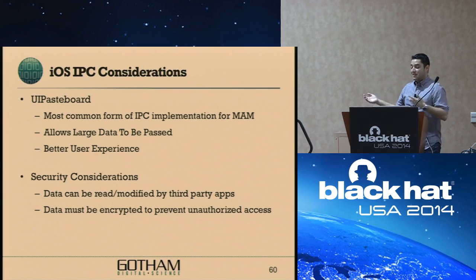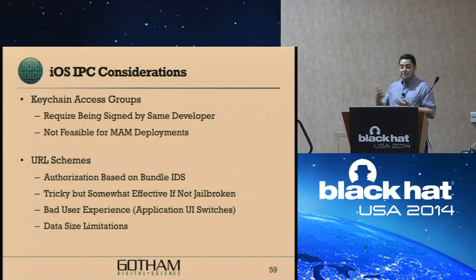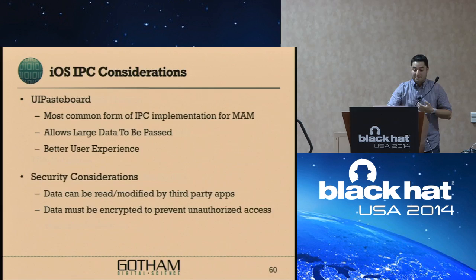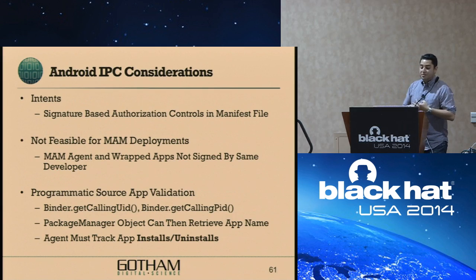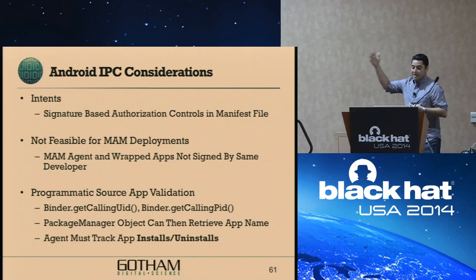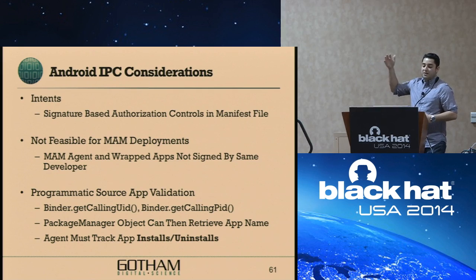So that's something that you need to audit on your own and figure out how that key exchange is actually happening. A common way to pull this off is using URL schemes, but that's tricky in itself. They have to do the authorization right, and in order to avoid malicious apps, you have to keep track of what apps you've installed and which ones you've uninstalled, just so you know it's not an app that you're not expecting. For Android, you have intents, but the same type of issues apply here,